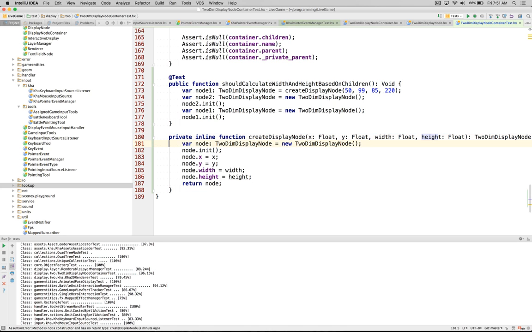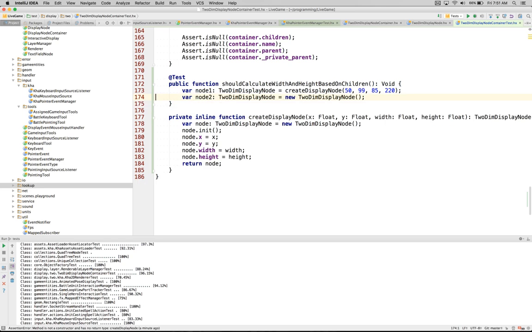Okay, so now we've got that. So now we can create that, 2, 3,